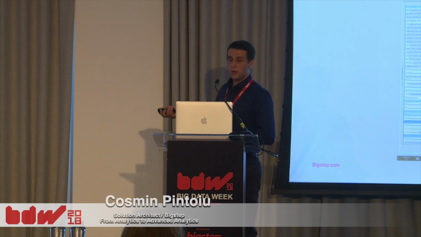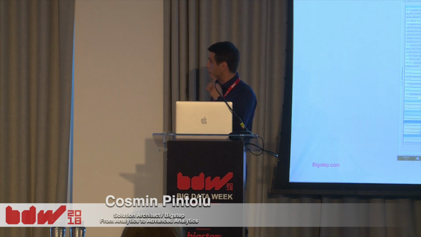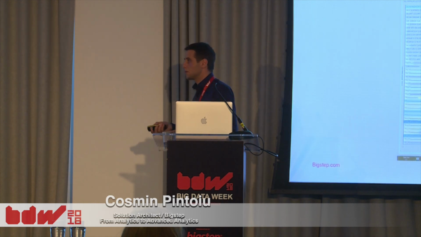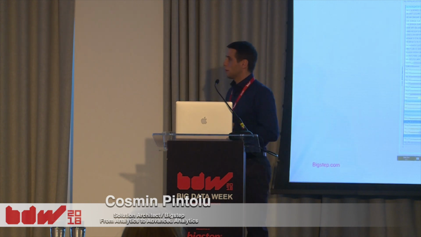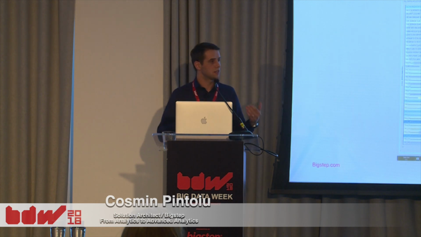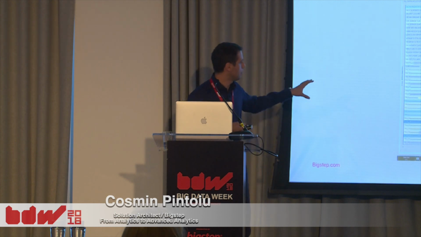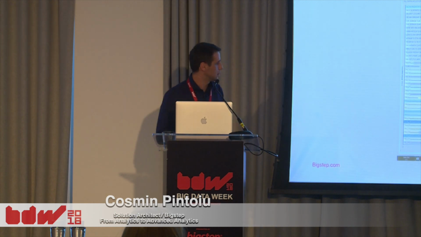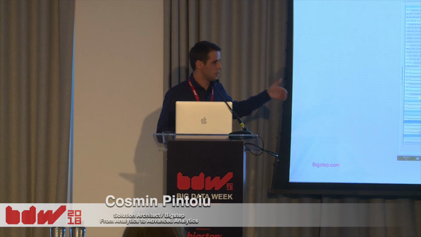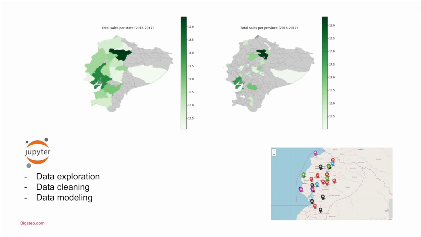Okay, so the question is quite simple and it's not really advanced. Can I see my transactions in real time from how many stores? Let's go with 200. So the challenge here is obviously creating the necessary pipelines to move this type of data on the platform that can show in real time. And also you can do slice and dice type of analytics here. As I mentioned, we're using Jupyter.